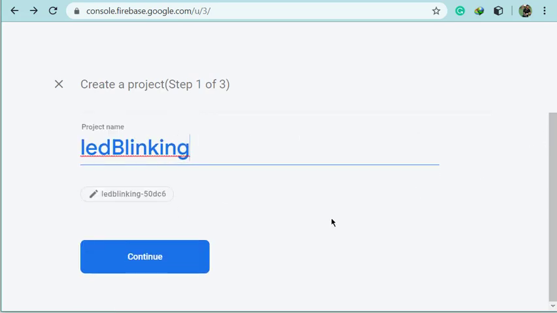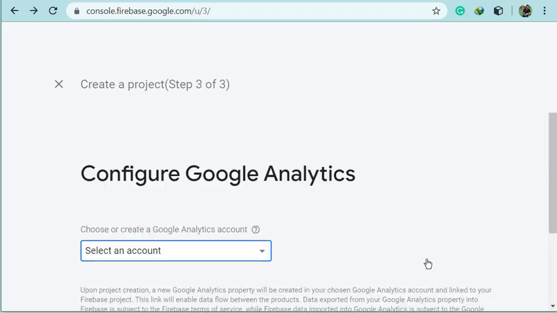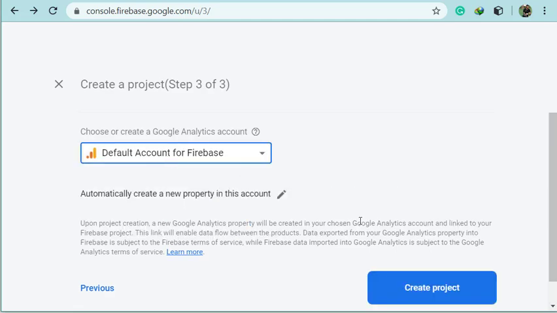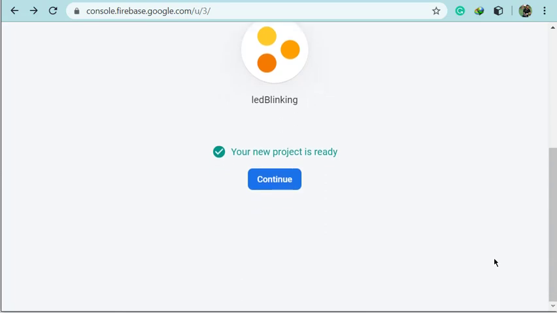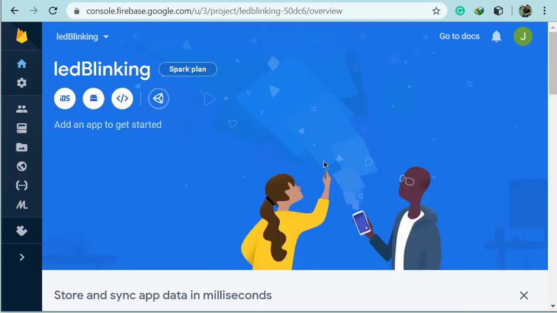Then choose the defaults, continue and continue, and select your account as the default account for Firebase. Then create your project. It will take some time to create the project and its dependencies, so just wait. Here you can see that my project is ready, and I am pressing the continue button. So this is the console of your Firebase project, that is LED blinking.